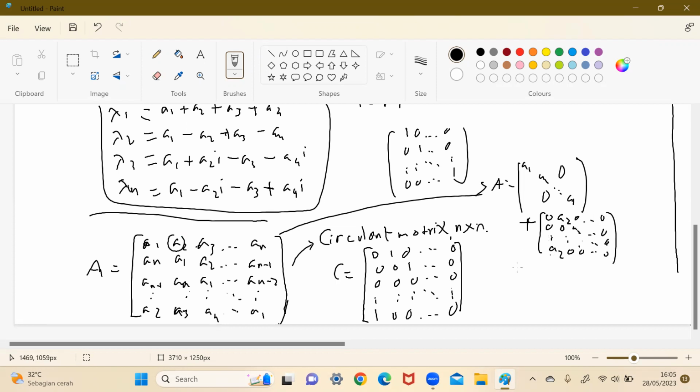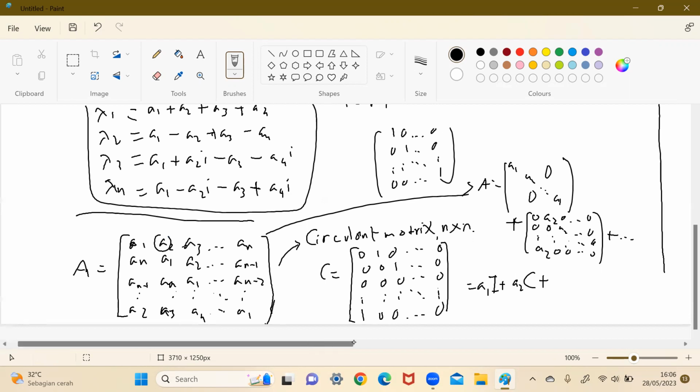You can continue with A3, A4, and all the way to AN, but it doesn't really take much to realize that there seems to be a pattern here. So you can write down A as A1 times the identity matrix, as you can see. And now here the A2 is just A. And then here the second matrix can be written as A2 times C. And you might be wondering, what about A3, A4, and so forth? Well,